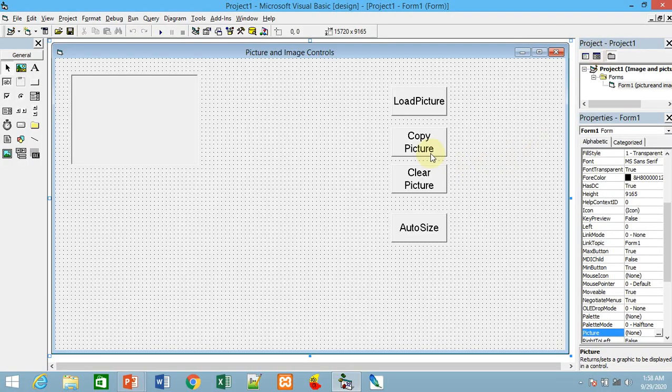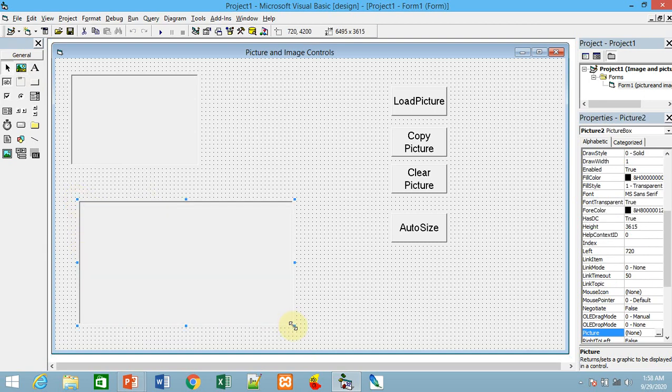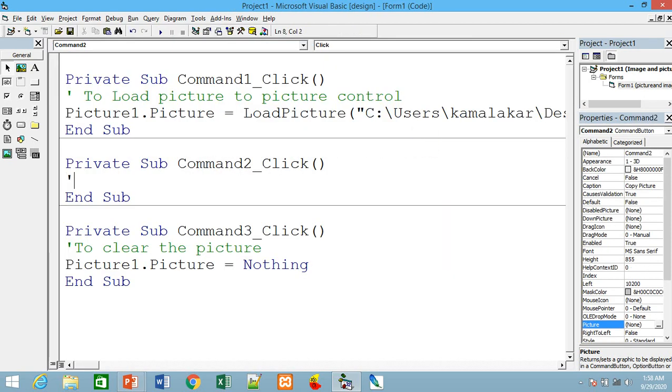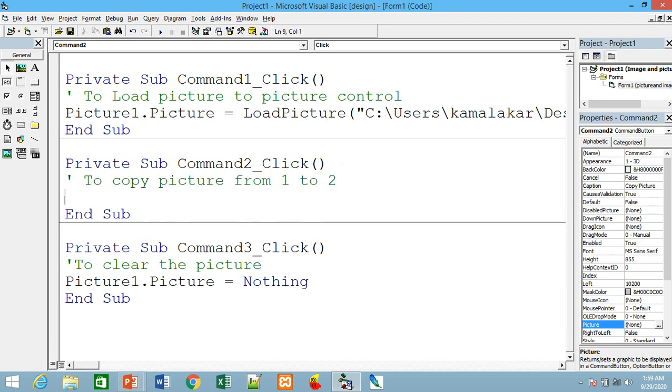Okay, here copy picture means assigning picture. So we'll take one more picture. This is the second picture, of course. This is in another size, of course. This is picture 2 and this is picture 1. Say, in order to copy picture from 1 to 2, what you have to say is picture2.picture is equal to